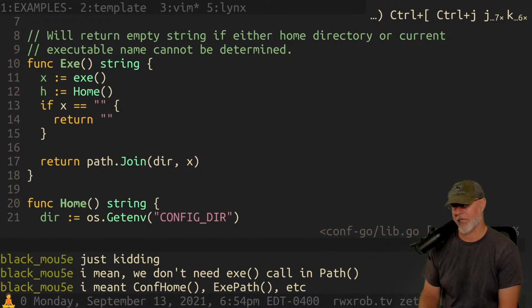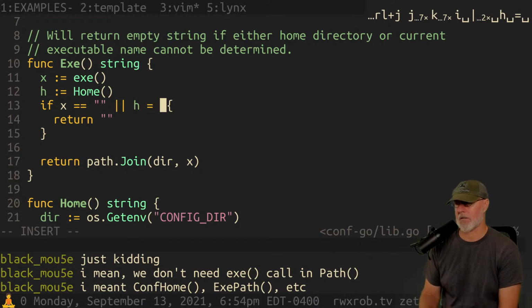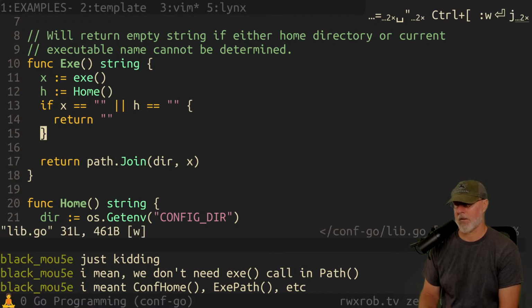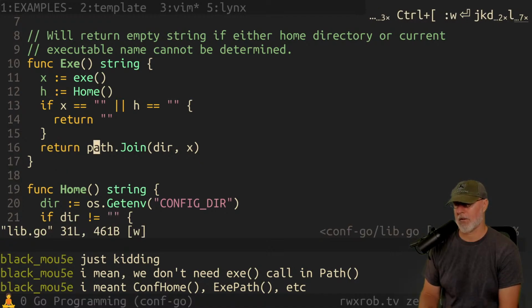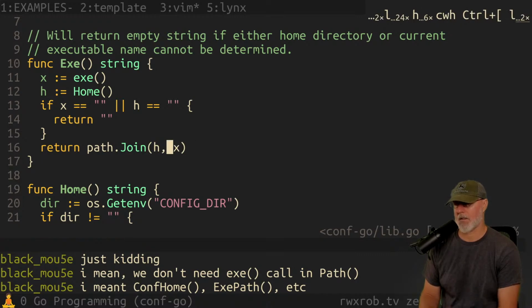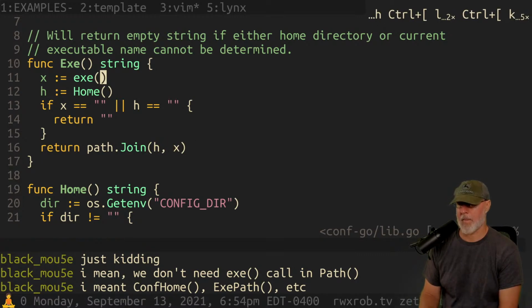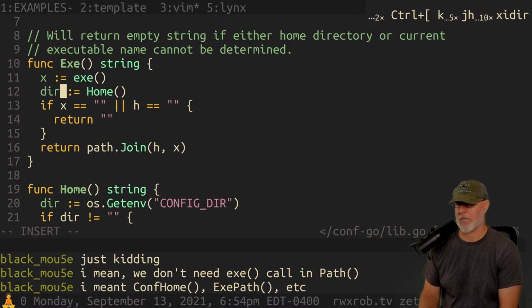You can do that, by the way. Or h equals, return that, otherwise return a join of the directory, the home directory, and the executable. Dir and exe.